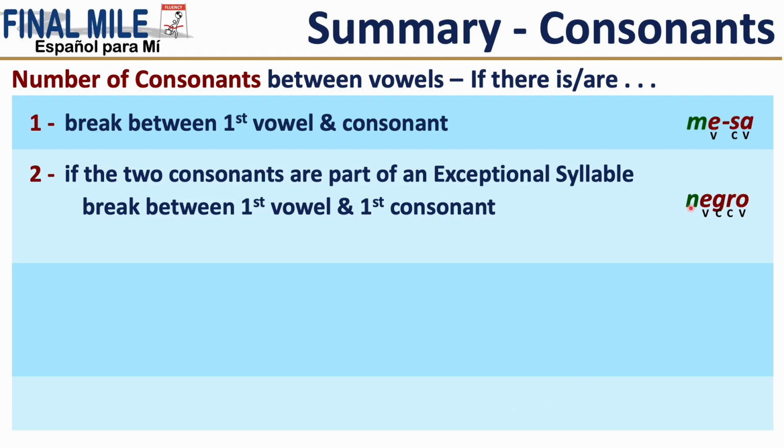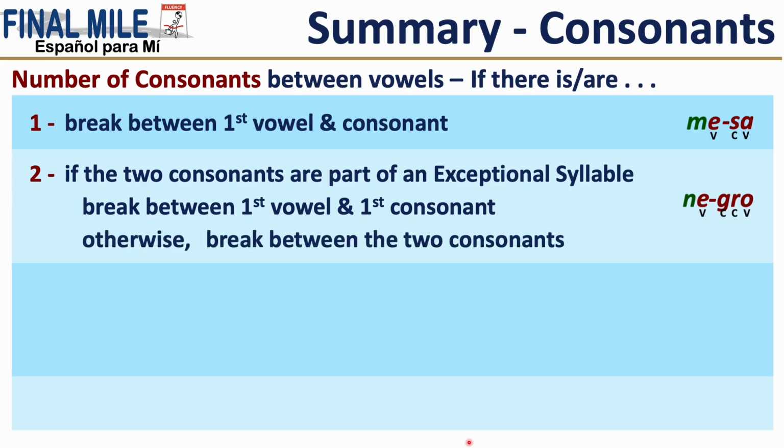Okay, so like right here. Okay, so we have two consonants between vowels. Okay, so normally we would break here, but this is an exceptional syllable, so they will both go with the O. There we go. Otherwise, you break between the two consonants, okay? So vowel, consonant, consonant, vowel, and this is not an exceptional syllable, so therefore you are going to break there,